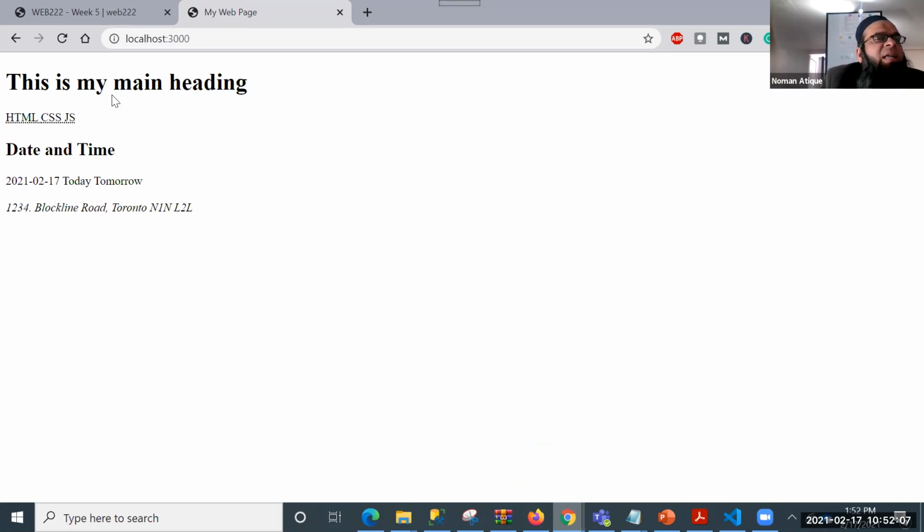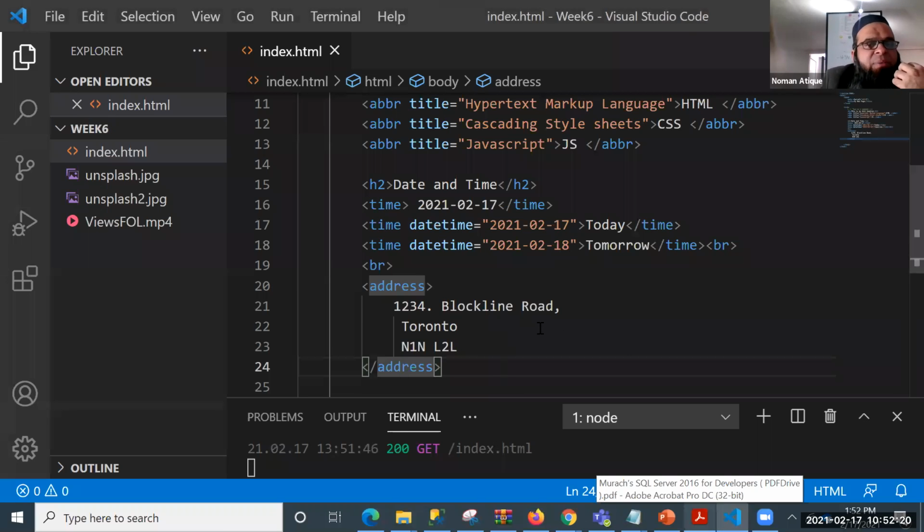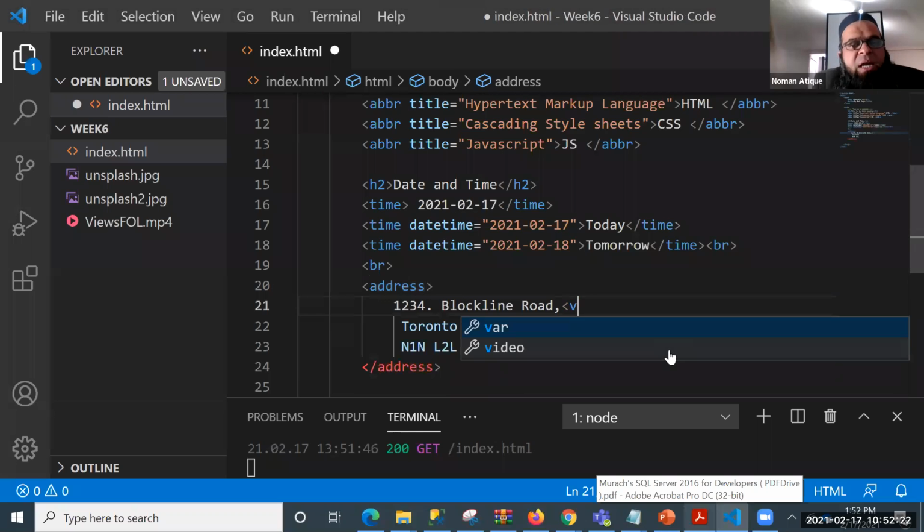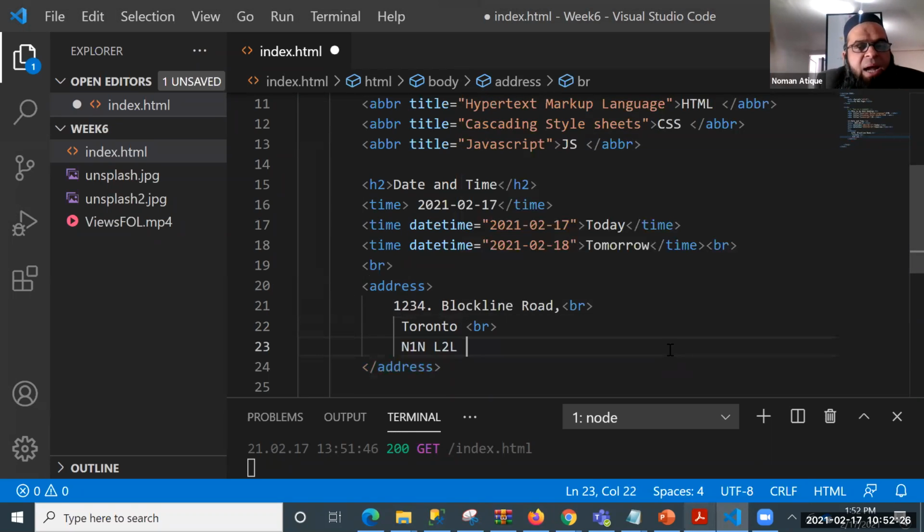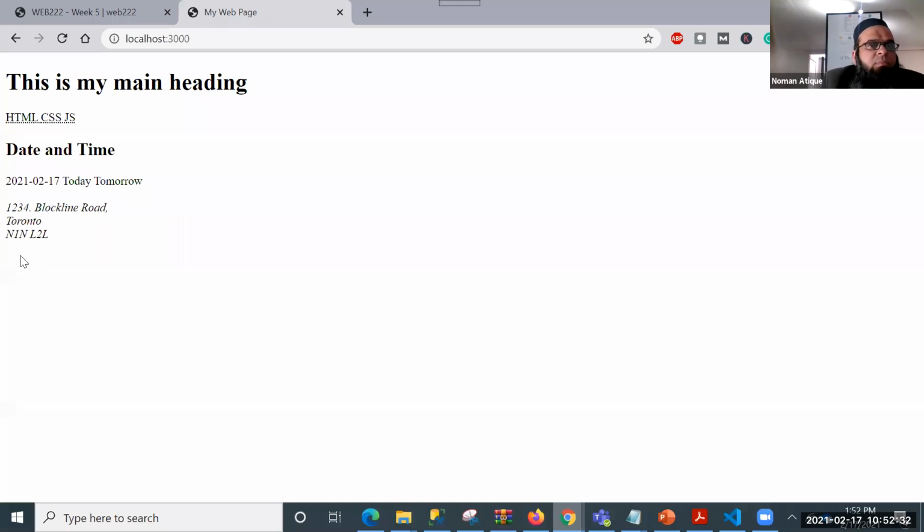Other than those block level tags, if you are using a block level tag like this one, date and time, you saw that it has automatically created some space above it and some space after it. But if you want your address something like this, you need to do it manually by using what? BR. What is this BR? Line break, right? And another line break I'm giving over here so that this address is completely visible. Now let's run this one. Do you see the address now in exactly the same way as I wanted it to appear?